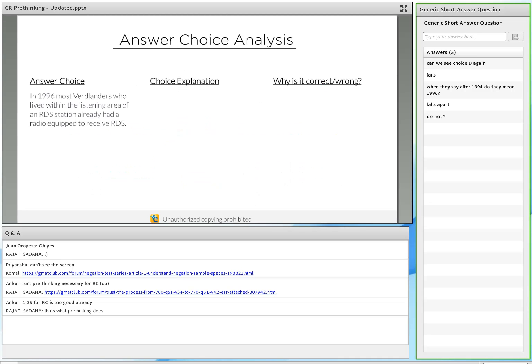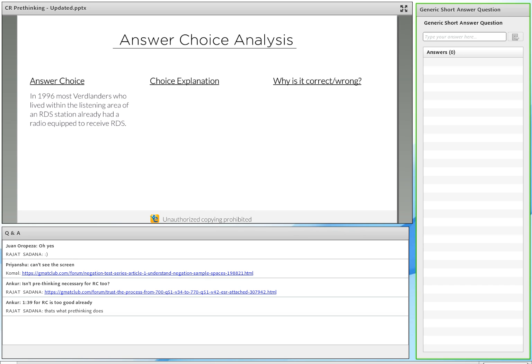Okay. Let's look at choice B. Now, what is my definition of an assumption? What's my definition? An unstated idea that must be true for the conclusion to hold true. Good. I like when you say both the aspects of it. Okay, let's now look at choice B. What does choice B say?